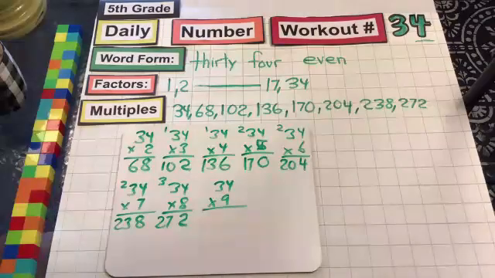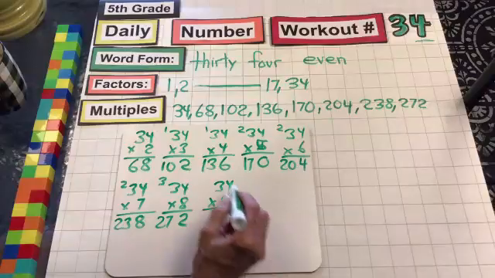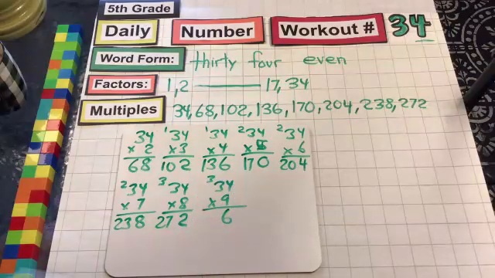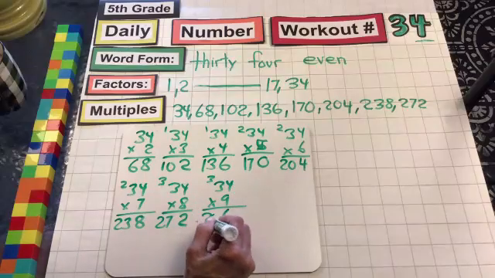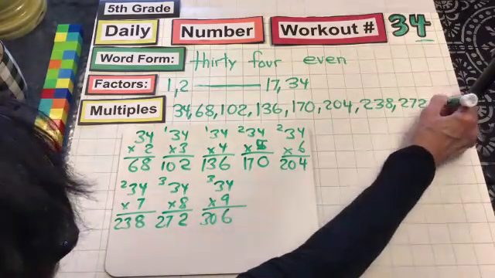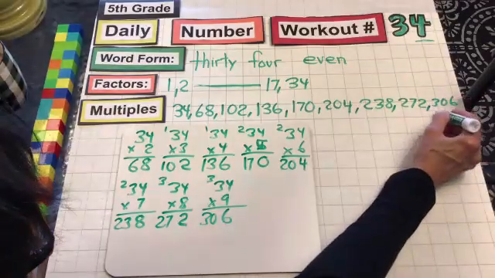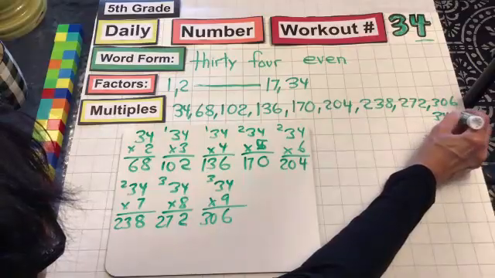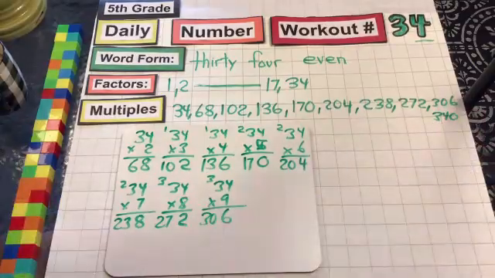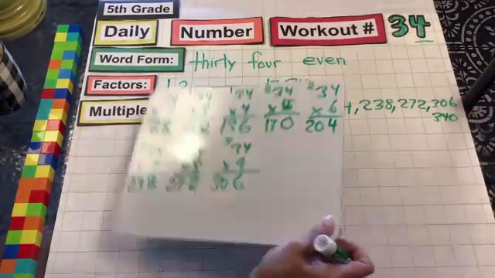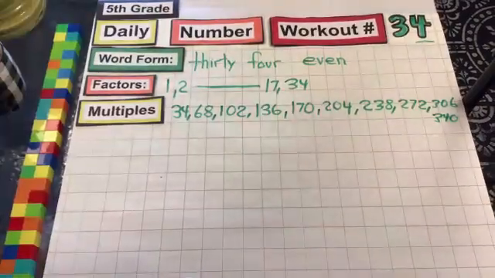34 times 9. 9 times 4 is 36. Drop the 6, carry the 3. 9 times 3 is 27, plus 3 is 30. 306. All right. And then, of course, 10 times any number is itself with a 0, 340. Don't even have to think about that one. All right. Let's move on